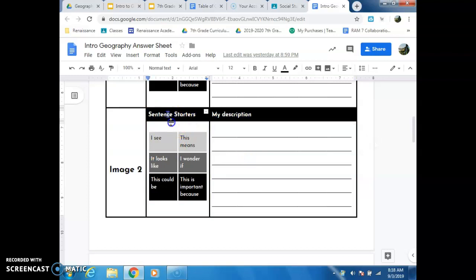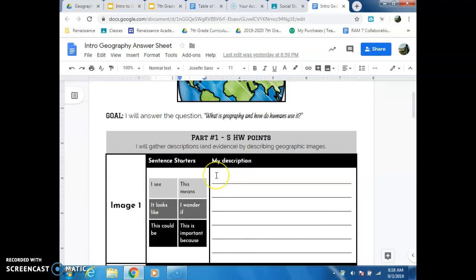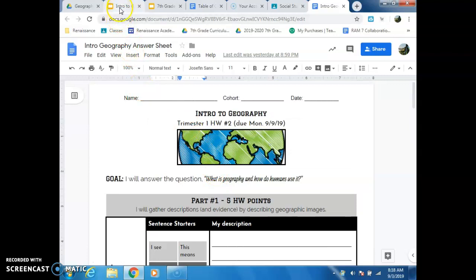And look at this. Sentence starters, and they're color-coded. Looks like they might go in order. I see this. This means blank. It looks like this. I wonder if blank. So it looks like Mr. Rod has you pretty well hooked up. Let's take a look at those slides to see what our actual